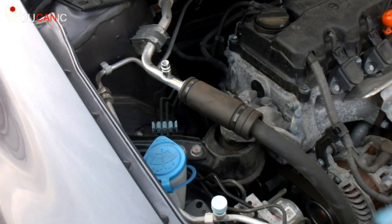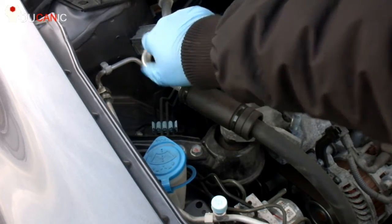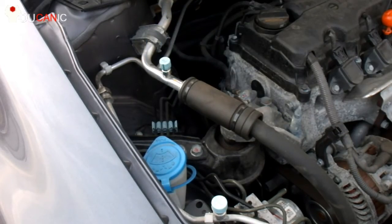Do not allow the system to overcharge. It is normal for the gauge to point in the high range when the engine